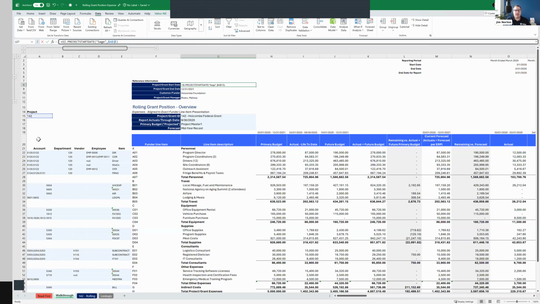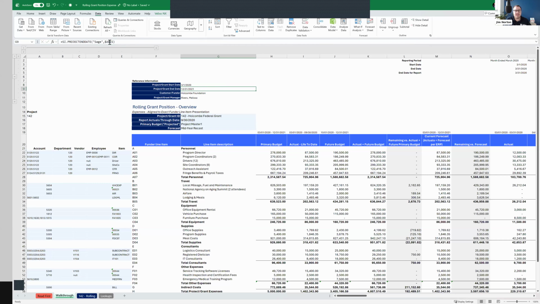And I'm using that to then say, here's my start date for the project. Here's my end date for the project, which is the dimension, and some other information that I peppered in there using query. And using that information, I can then set the bounds of what I should be able to report on.